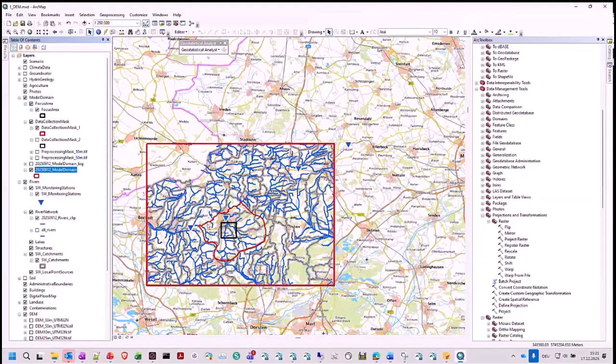But since in this case we wanted to simulate really the whole catchment, including the big river system, we also have a bigger model domain that is covering also the subcatchments here, because we simulated them with a more simplified model approach in order to get an inflow discharge for the river system in here, which was required. So what you should do now, you should select a data collection mask, which you use for